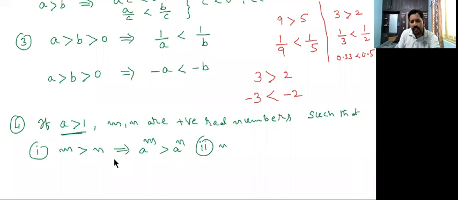If m is less than n, then you will get a to the power m is less than a to the power n.